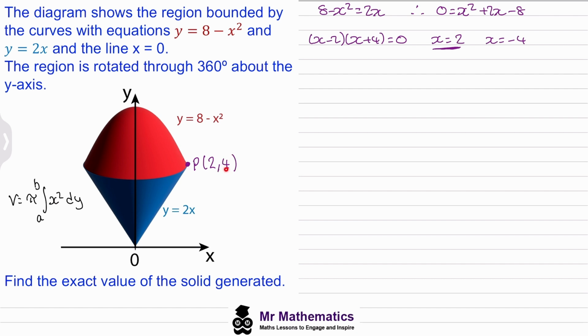So at point P, we have the coordinates 2 and 4. Now this y value of 4 forms our limits for both solids, so we'll include this in our diagram. We'll mark this off on the y-axis. So now if we begin by finding the volume of this cone,